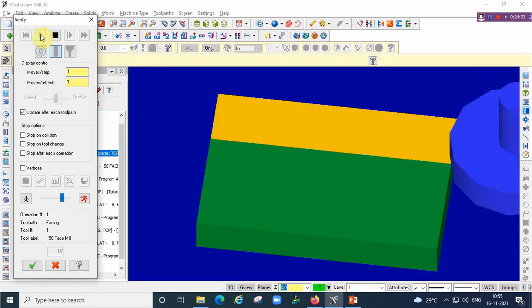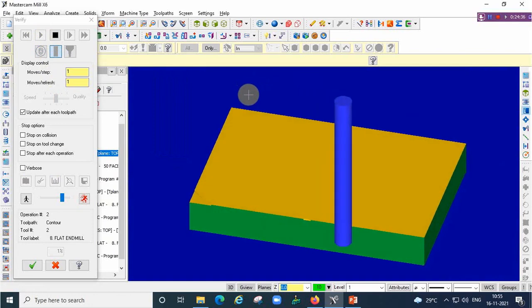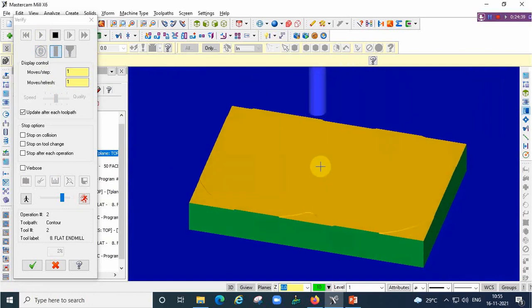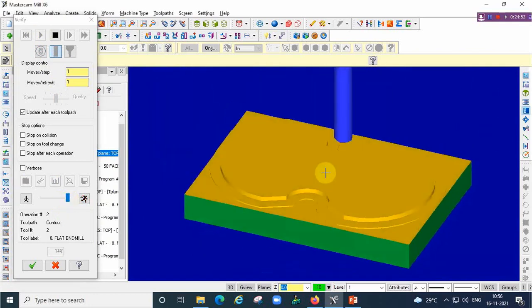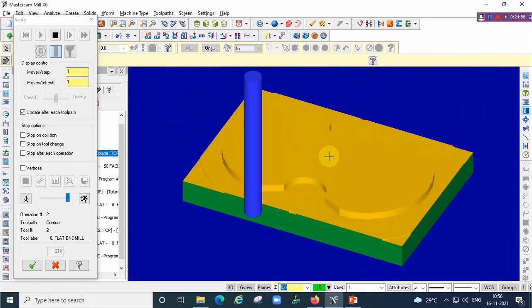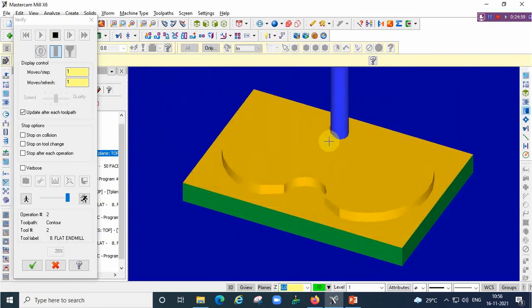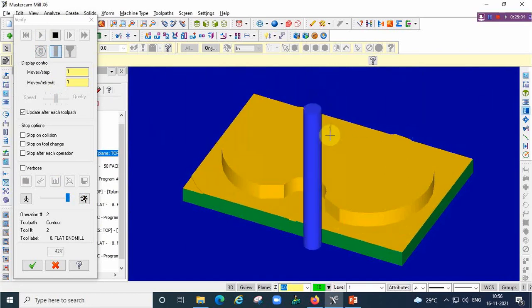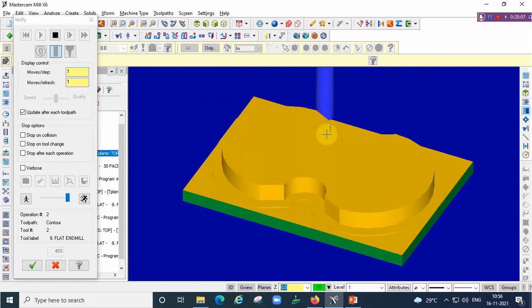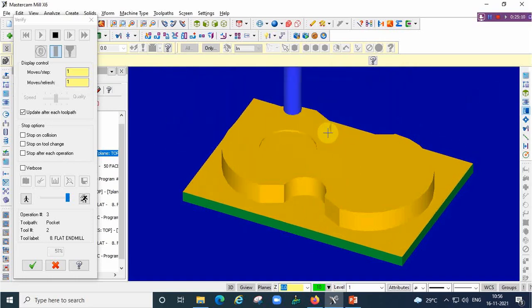Simulate it. This is nothing but a pocketing.